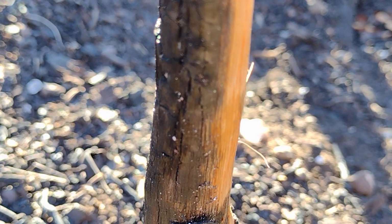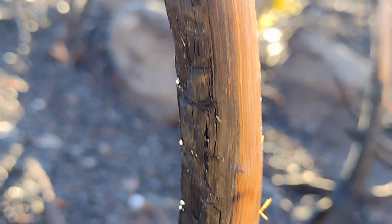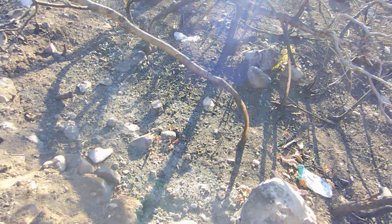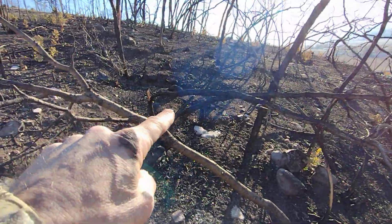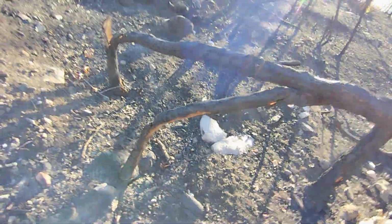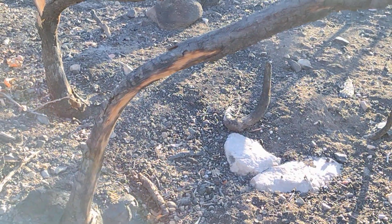Now you can see the charcoal on the inside of the curve of this stalk that's about as big around as my finger. And that it's bent, not broken. Likewise with that one, bent. And I'll find you some more. That one looks like it broke, but this one also is bent. You see how it's bending them? This one's more like three-quarter inch diameter. So,